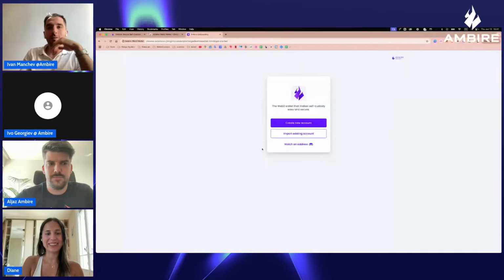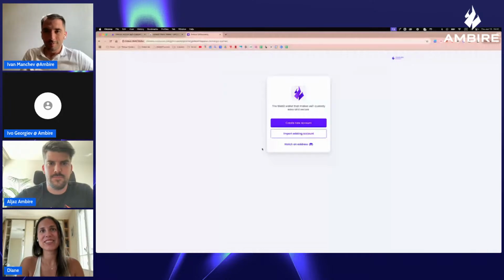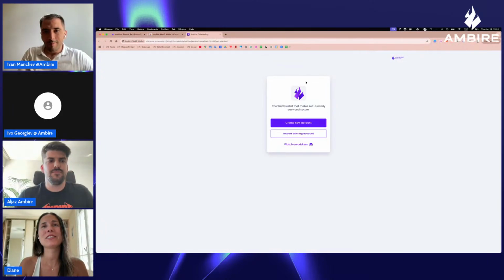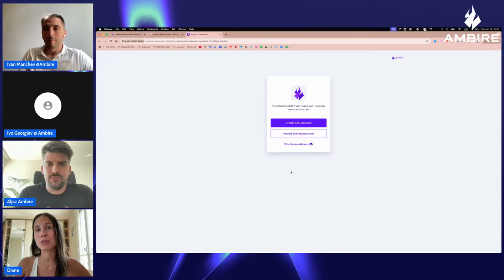Okay, so let's go. Let me just share the screen. All right, let's go. Cool. So I arrive. Introduction to Amber, the Web3 wallet that makes self-custody easy and secure. Okay, so there are 3 options. I will import an existing account because I already have a crypto wallet and I have funds on it, so we can do some more testing.